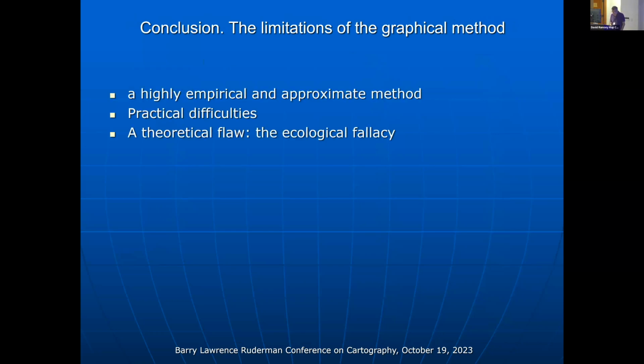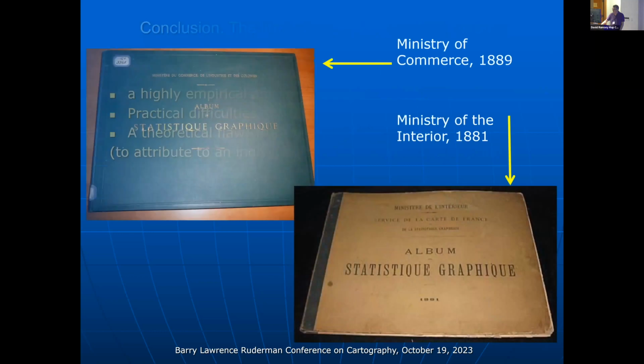Visual reasoning also suffers from the logical error known in sociology as the ecological fallacy, to attribute to an individual the characteristics of a group. So all these obstacles can explain that the statistical atlas died out at the beginning of the 20th century. It was imitated by several administrations in France, but they only published a limited number of volumes,